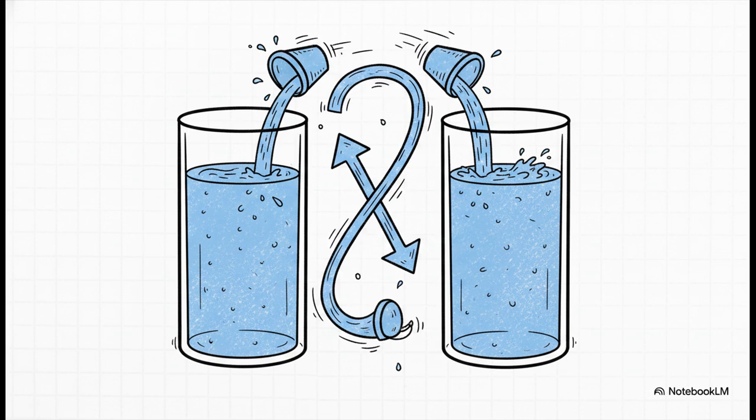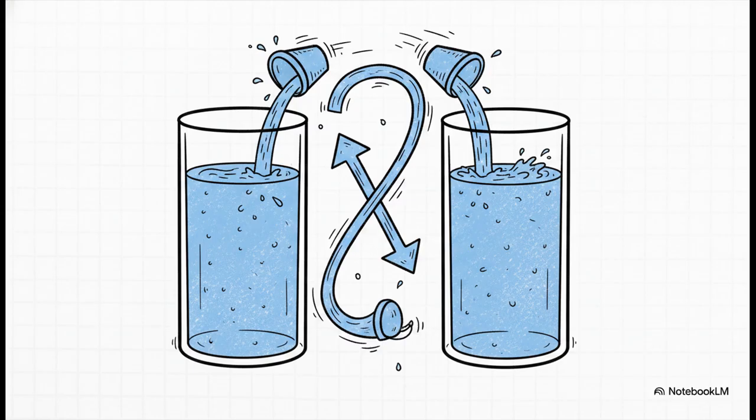Let's do a quick thought experiment. Picture two giant glass cylinders. Cylinder 1 is completely full of colored water, and cylinder 2 is empty. Now, imagine a continuous transfer mechanism pumping water from cylinder 1 to cylinder 2. At first, you'd see the water level in cylinder 1 drop while cylinder 2 rises. Makes sense, right? But eventually, a reverse mechanism kicks in, pumping water from 2 back to 1.